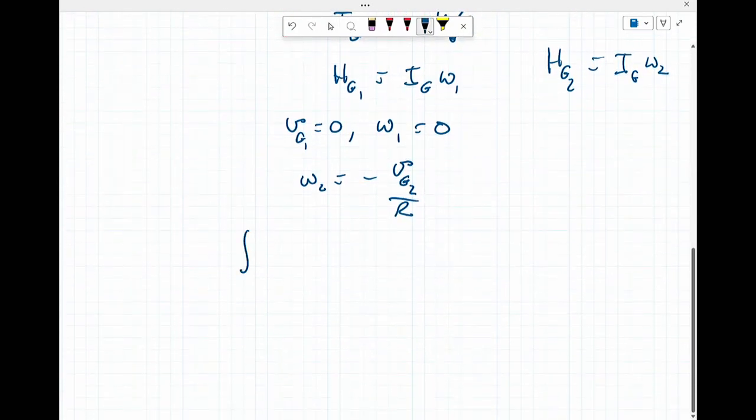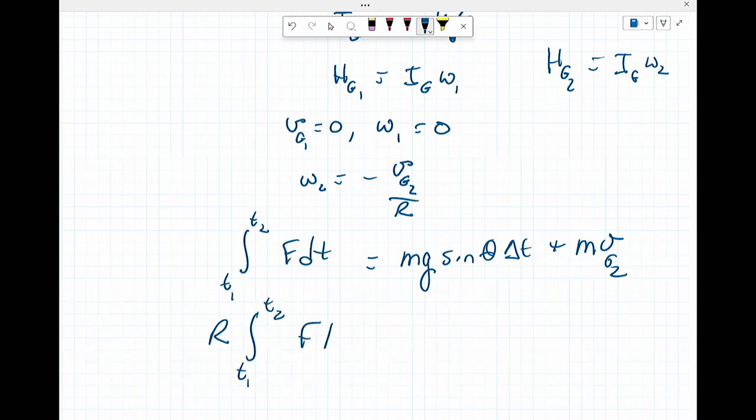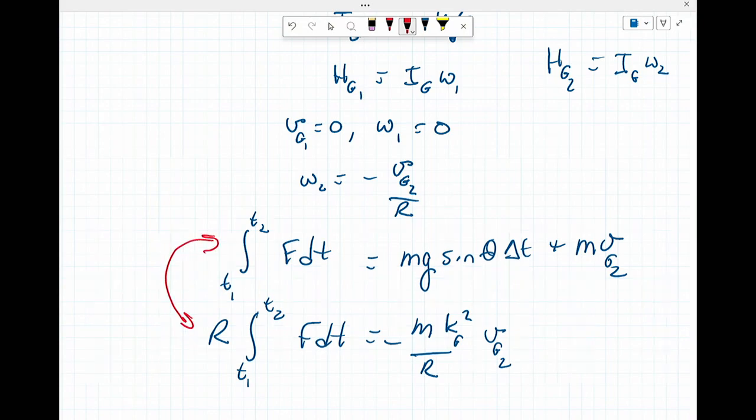So as before, and as on Monday, and substituting in all the terms,